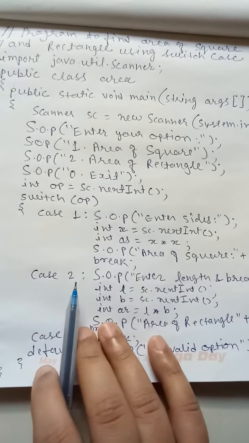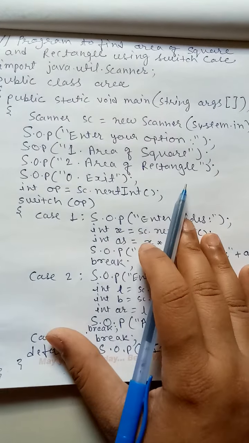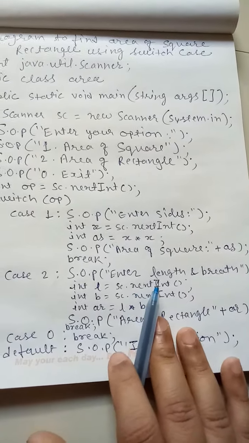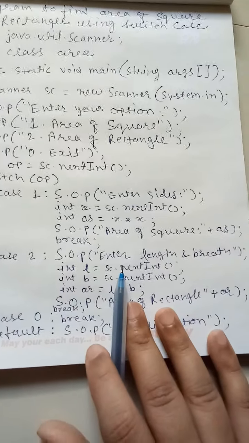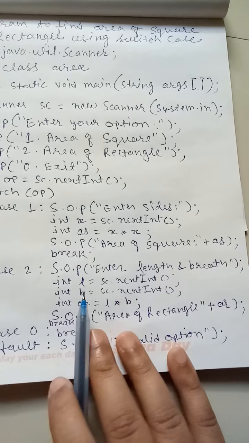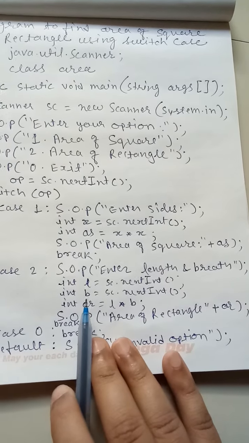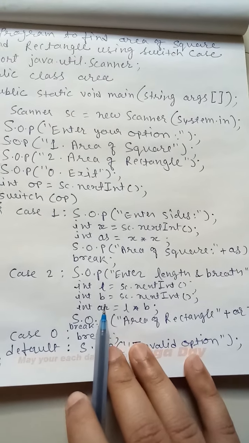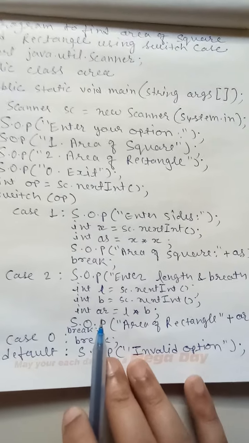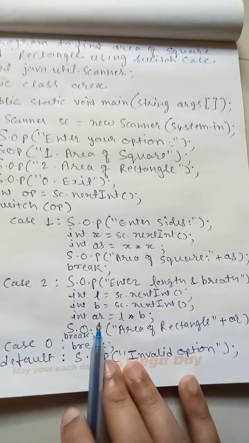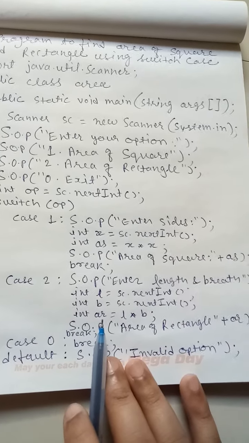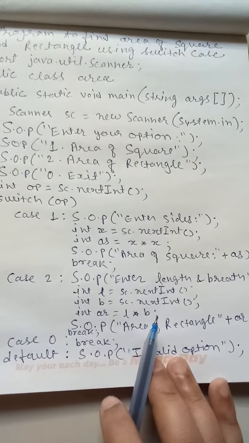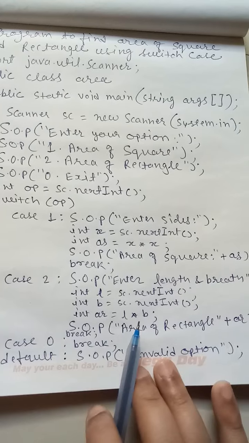Again same, you have to write case 2, and my second case is about the area of rectangle. You all know the formula of area of rectangle, so you need 2 values here, length and breadth. So I'm asking the user to enter length and breadth. The value of length I'm storing into L, and the value of breadth I'm going to store into B. So two more variables I have declared here. Then the multiplication of L into B I have to store in one more variable, so I have taken AR. AR मतलब area of rectangle. You can take any name, but you have to take some relevant name. Now AR is equal to L into B, मतलब length into breadth, and your answer will be stored into AR.